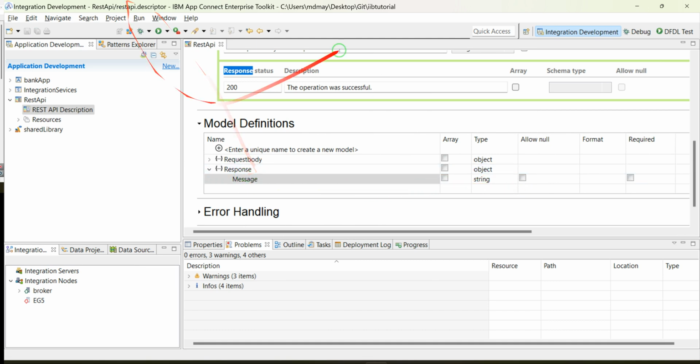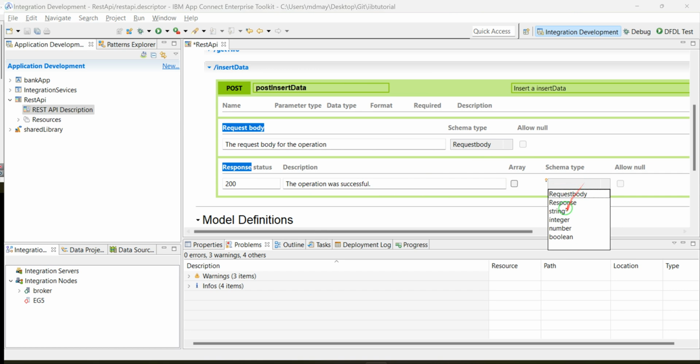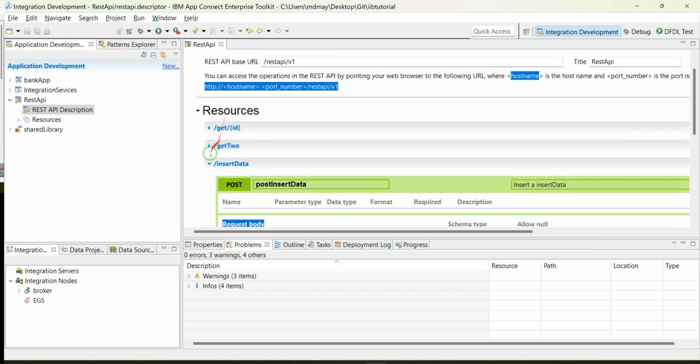Once you do, you will see it. Come back to your post, and from right here we already have it. The body we will link to the request body. Respond we will link to the response, and save it. Now we create three